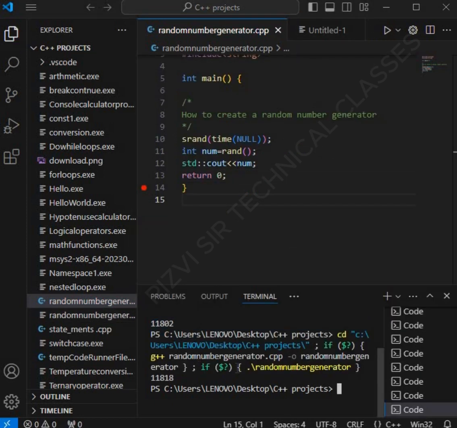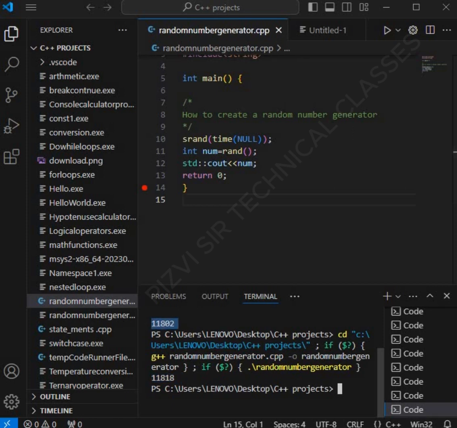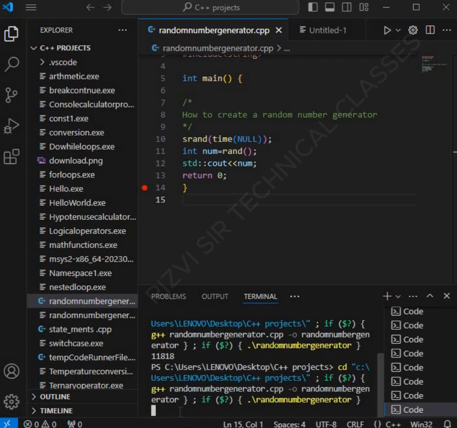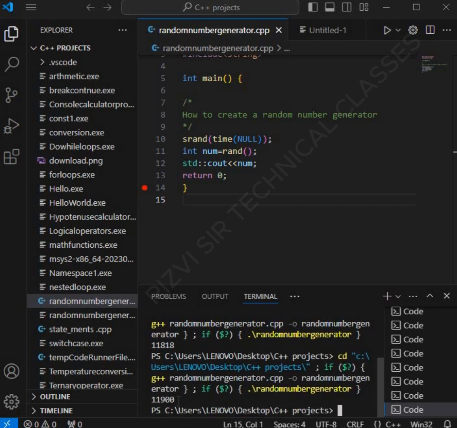There you are. The random number that we have is 11818. Before that, we had the random number 11802. We can run again and again, and we will get a random number every time. Now, third time, what do we have? Let's wait and see. It's 11900. That's the random number. Using the rand function, this will generate a random number between 0 to